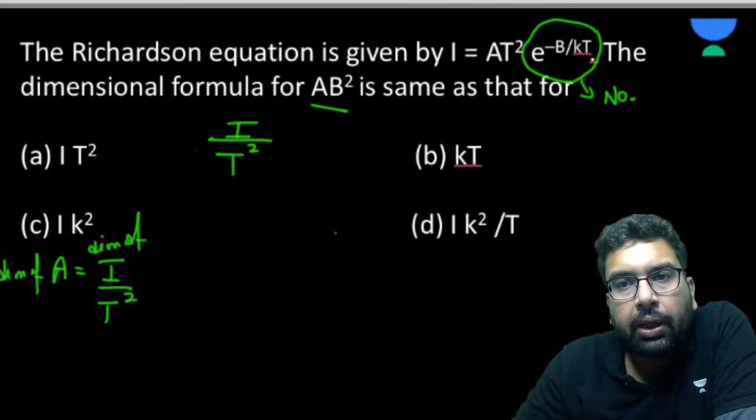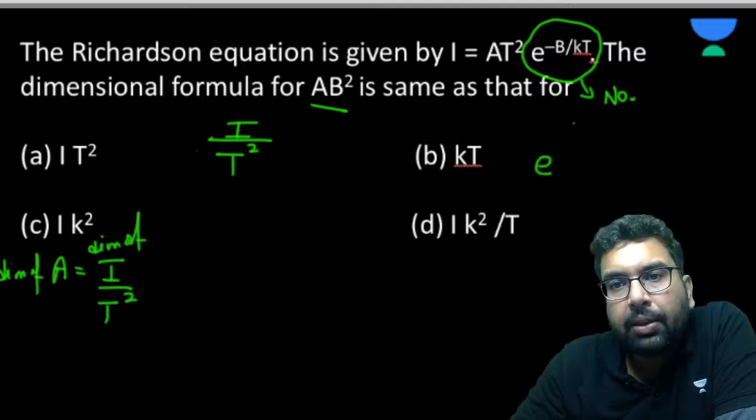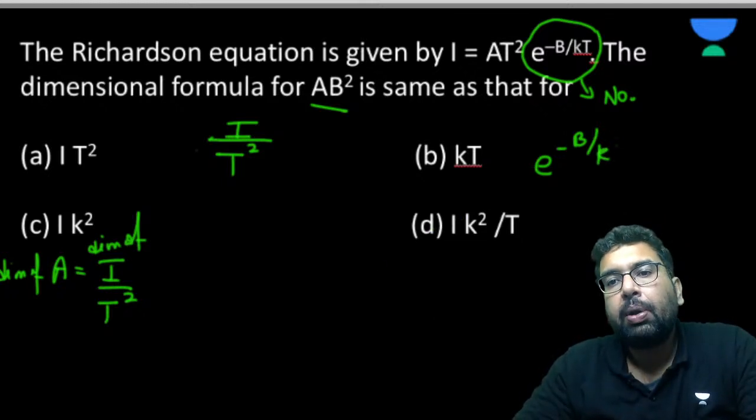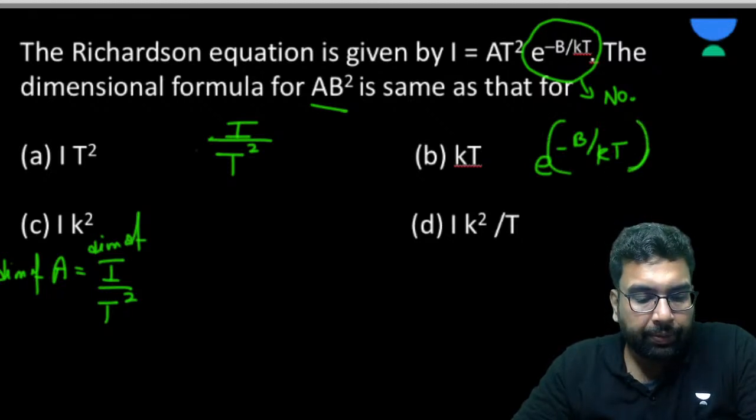Now you say e to the power minus b by kT. So b by kT has to be a number again. See, e to the power something is a constant, it has to be a number. So b,